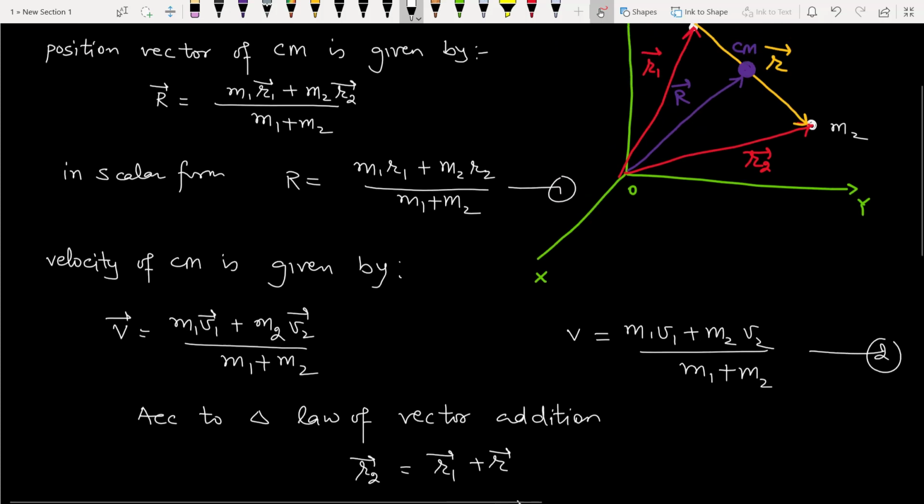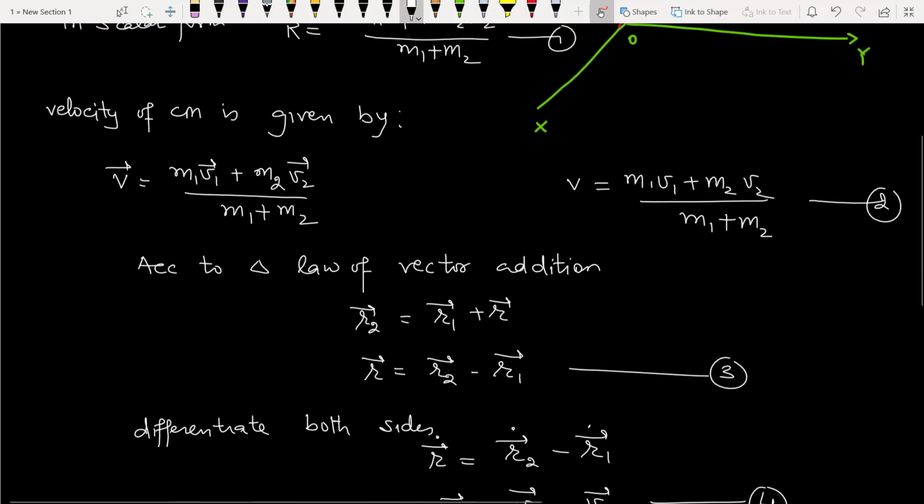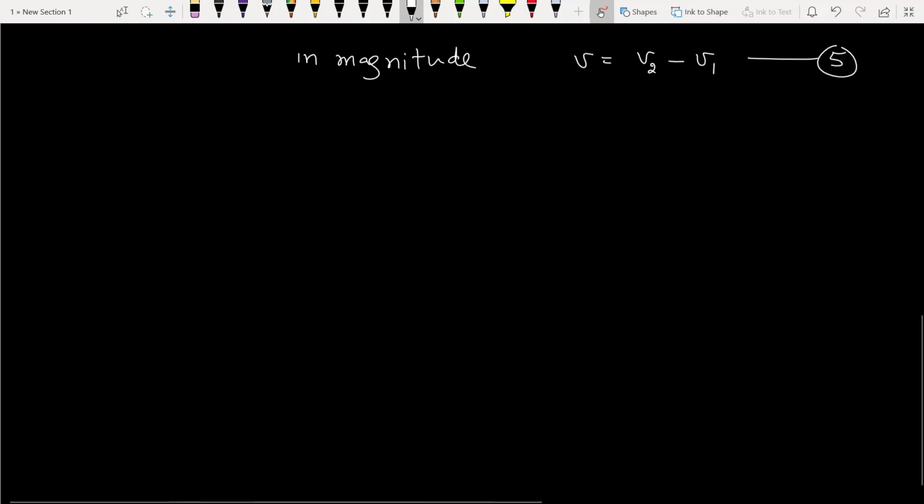Now, as we are to deal with the energy change, we need the total initial energy of the system, then the total final energy of the system. The initial system is our two body problem, the final system is our one body problem, and then we will see what will be the change in the total energy. Continuing this way, the total initial energy of the system,